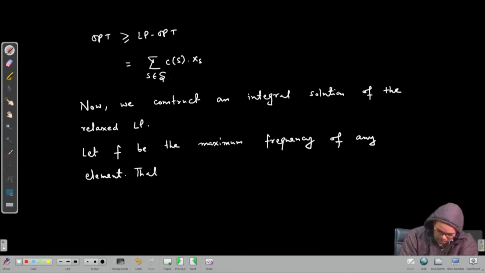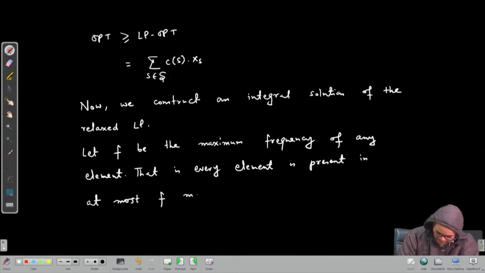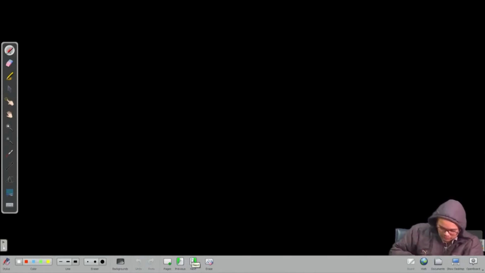That is, every element is present in at most F many sets in the input. So with this we claim